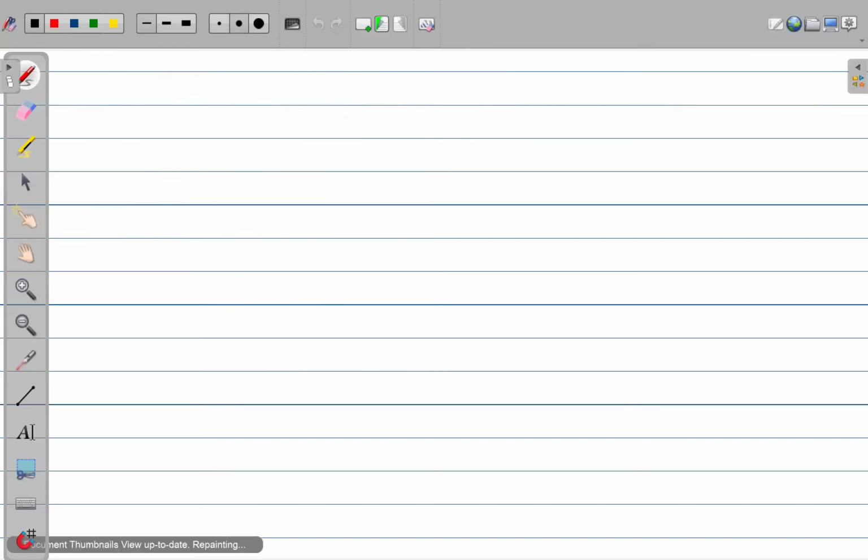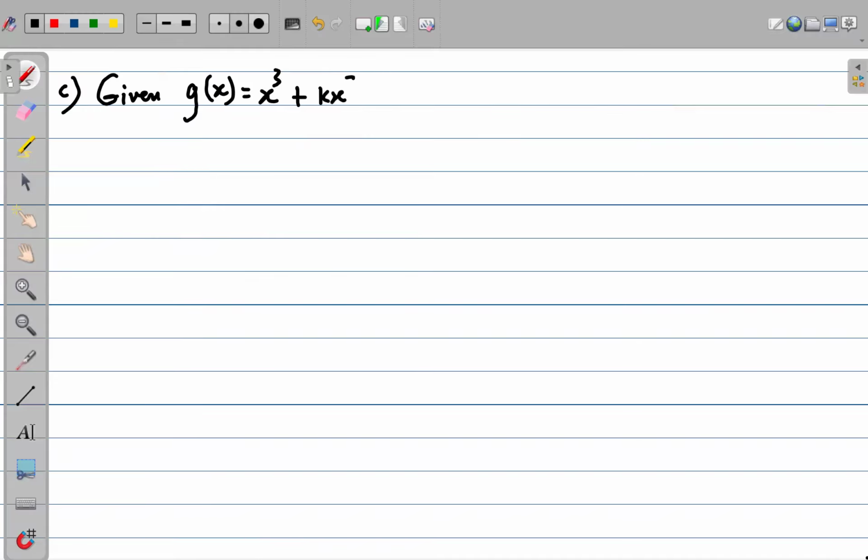Now, let's do another one because this one is even phrased differently. The way it is positioned is different. Watch this. This is what it says. Given f of, now we're going to go back to x. Given f of x, maybe I've used f a lot. Let's use g for Mr. G. So given g of x is x cubed plus, watch this now, kx squared minus 15x plus 9. Given this, listen to the question now. Determine or find the value of k